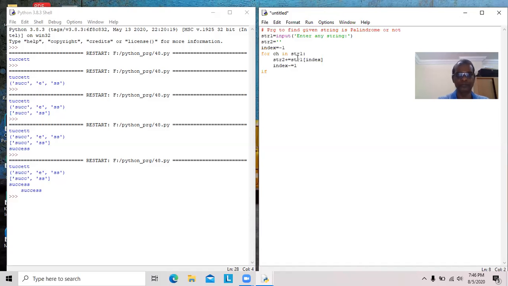Now we will see if str1 equal to str2, then str1 is palindrome. Else str1 is not palindrome.